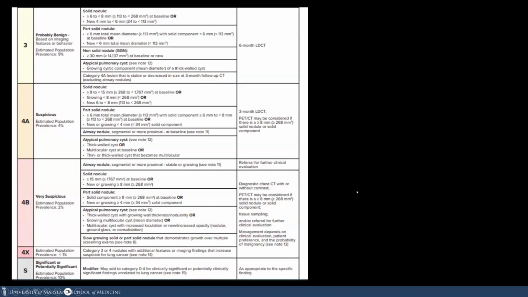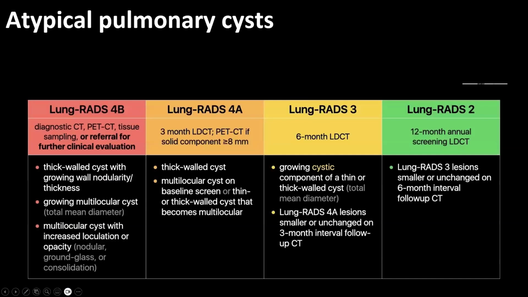The other thing that I want to briefly talk about is the S factor. That's for significant findings, whether that's a coronary artery calcium score that you think is going to be super high, whether the patient has osteoporosis or compression fractures. All of those things can be used in your S for the management of those patients.